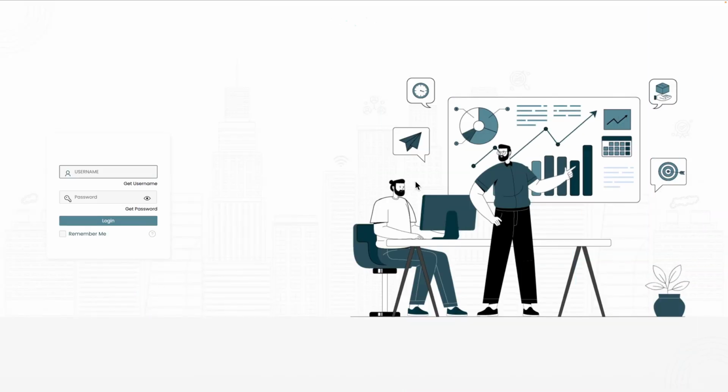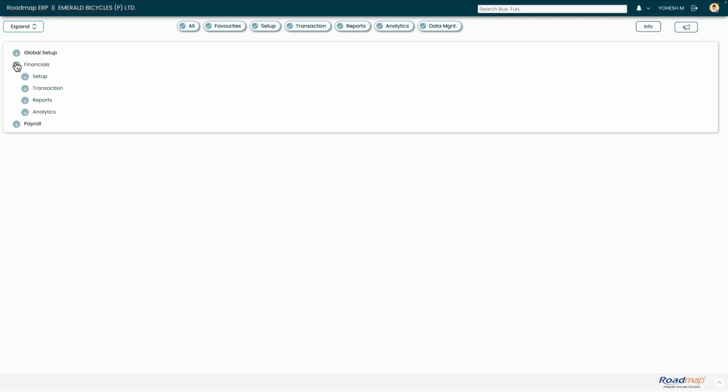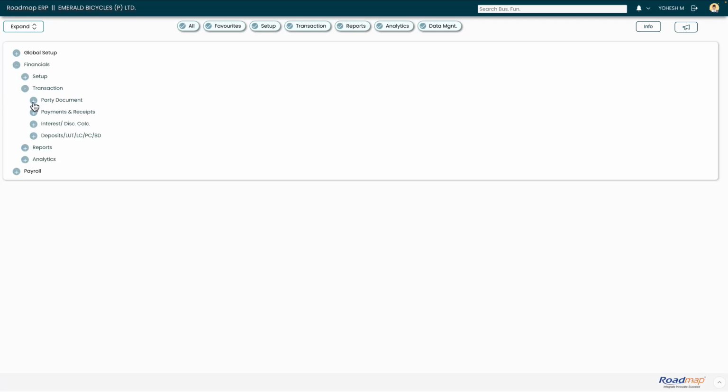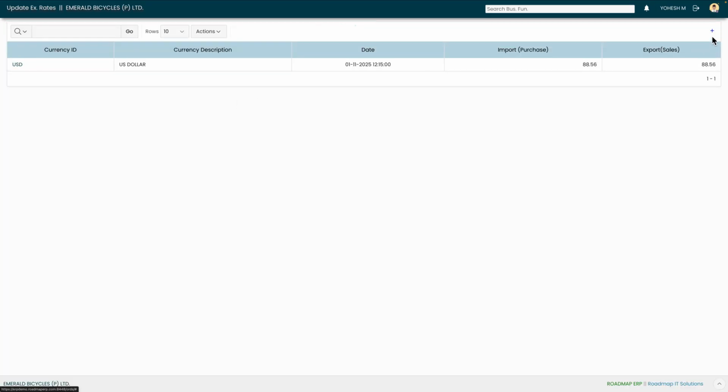Log in with the latest username and password to update the exchange rate. Click the Login button, then go to Financials, click Transaction, and select Party Document to navigate to the Update Exchange Rate screen. To add or update an exchange rate, click the Add button,